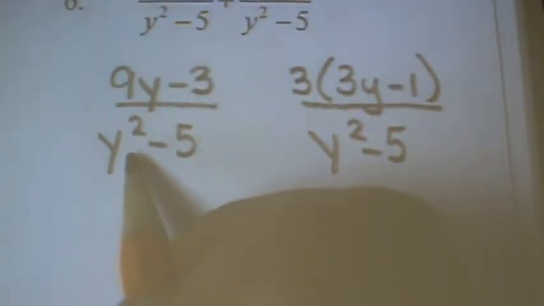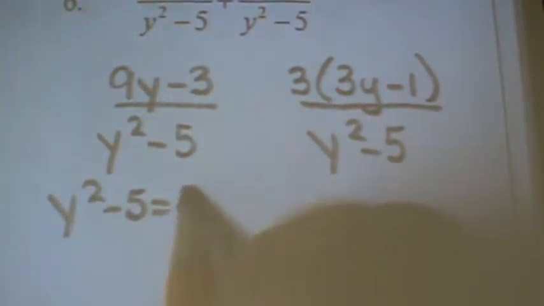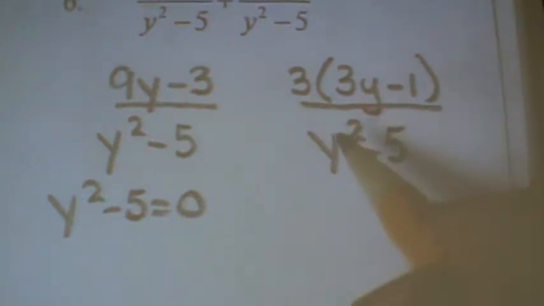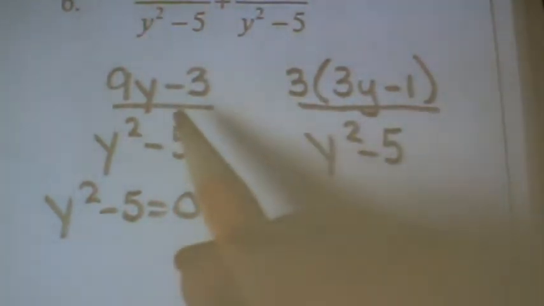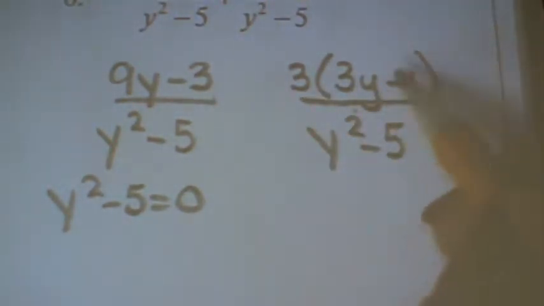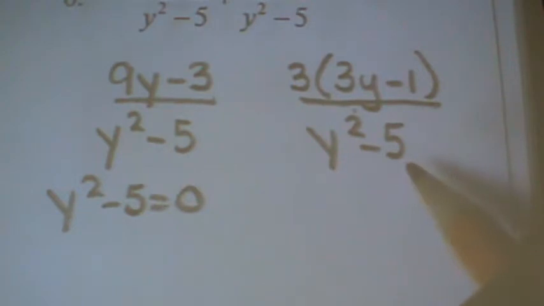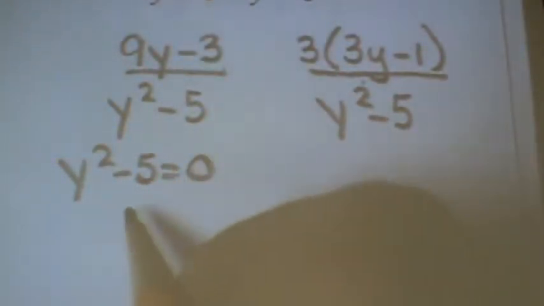If you were to set this equal to 0, do you want us to pull the 3 out? You don't have to. You could, but then there's nothing to cancel. So it's okay if you left it like that, or if you pulled the 3 out. There's nothing that's gonna cancel. But for the restriction, there are restrictions here. If you were to add 5 to the other side,